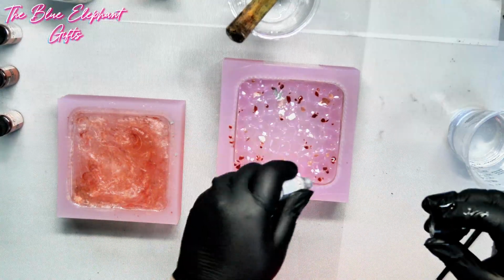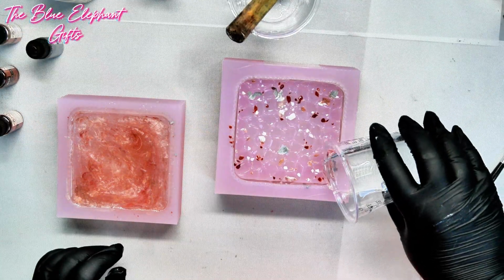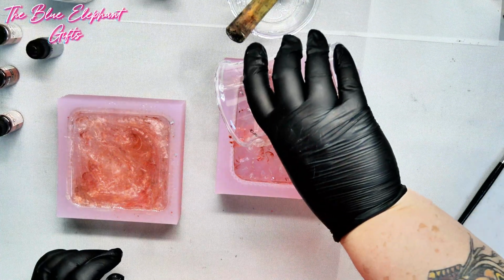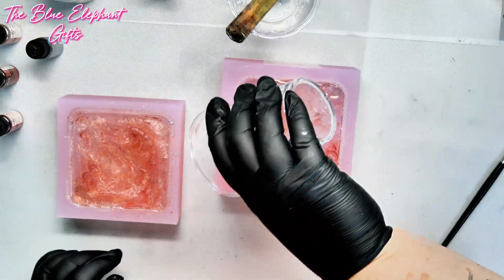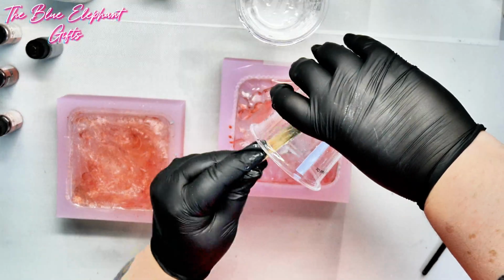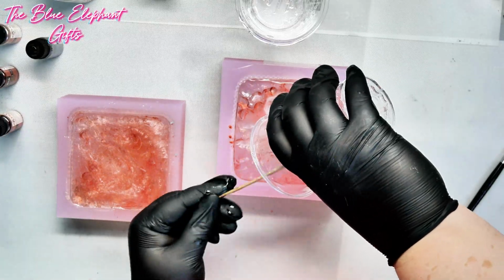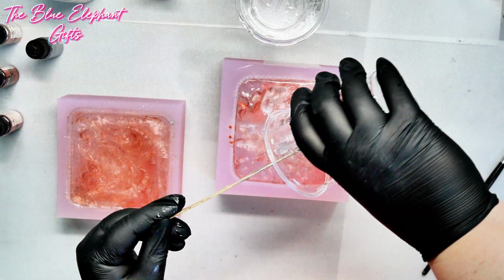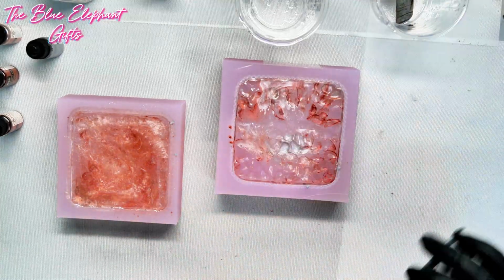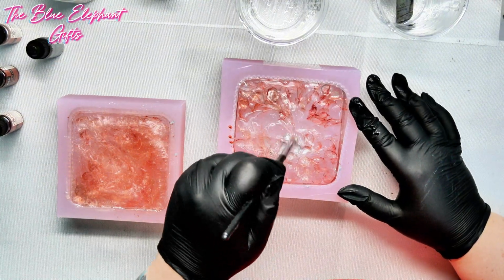And at that point, because it's sitting so long, I'm probably going to add a little bit more. It's fine. It'll be fine. We're going to do the same thing though. I'm going to empty out all the resin that I have left. And then I'm going to go in there with my silicone tool, and anywhere that it is kind of sitting, which you can see in this one, it didn't move around a whole lot, I'm just going to go in those areas and get it up off my silicone so that it can start its flowy process for when I pour in the next round of